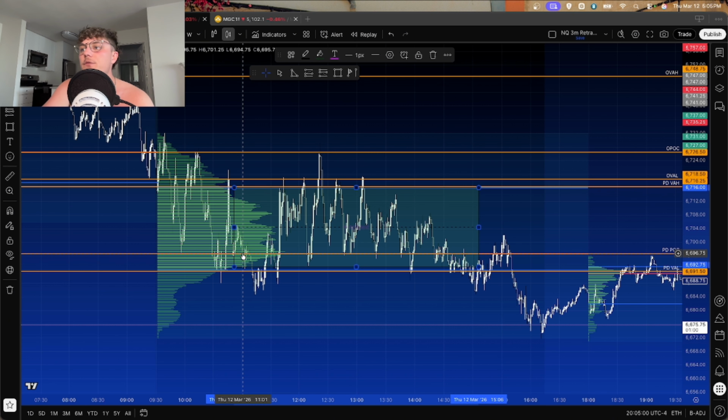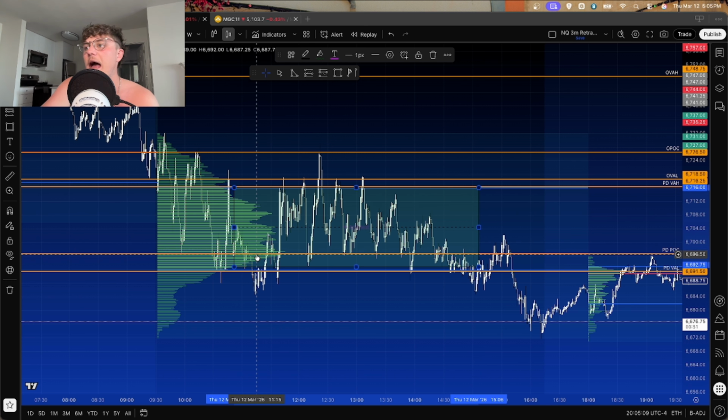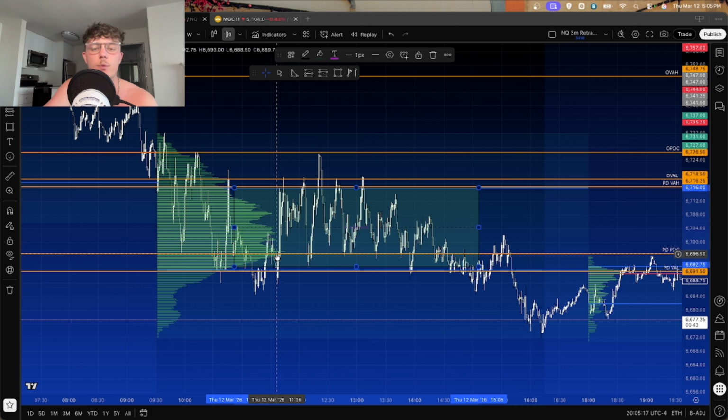And when we look at our point of control, right, not a great point of control when you consider that there are a lot of points within this high volume node that have a ton of volume. But this was a particular spike in volume, where transactions were occurring, that was notable, and this was considered the highest point of volume. So this is our point of control.